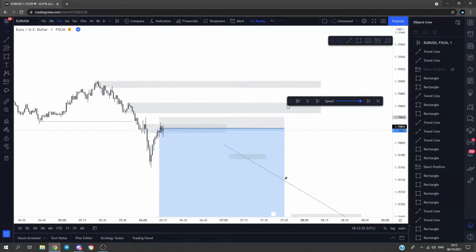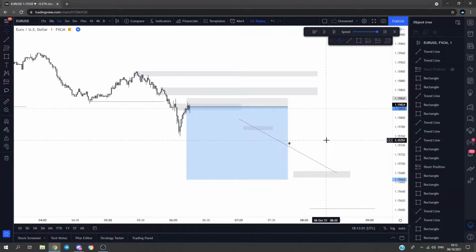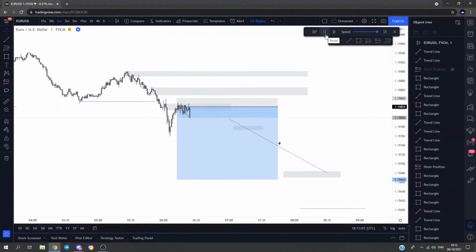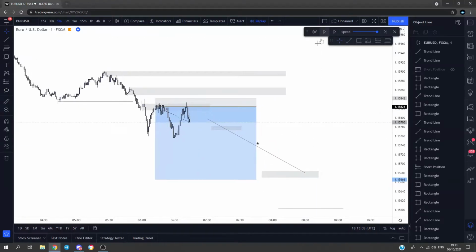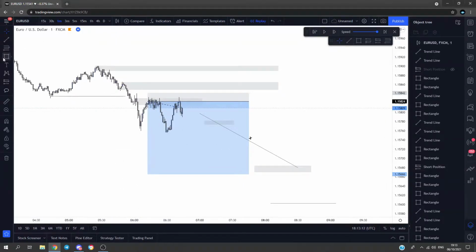Now this is an interesting one because price not only mitigated once, but it mitigates it twice. So price had a reaction of this, it came down, broke structure here. Now this is why price mitigated this zone twice. The order block we have that broke this structure is in fact in this zone itself. So if you can see